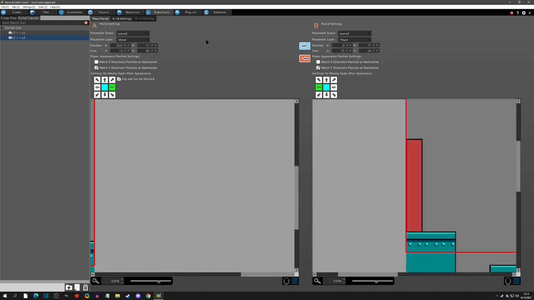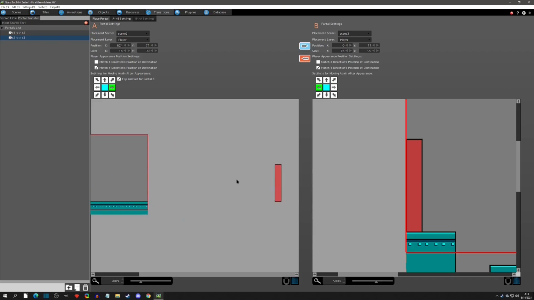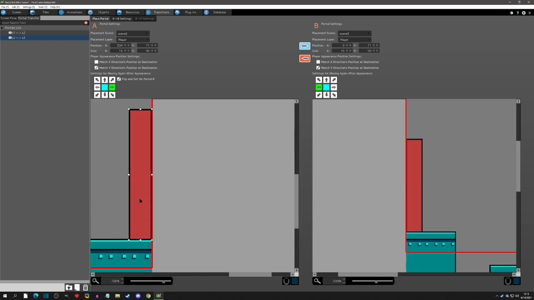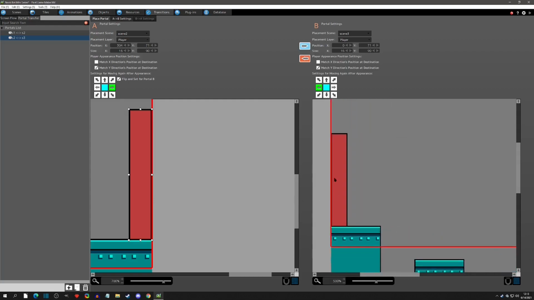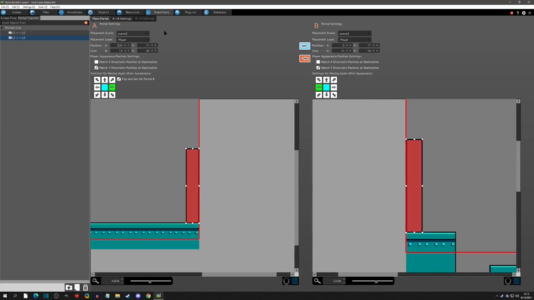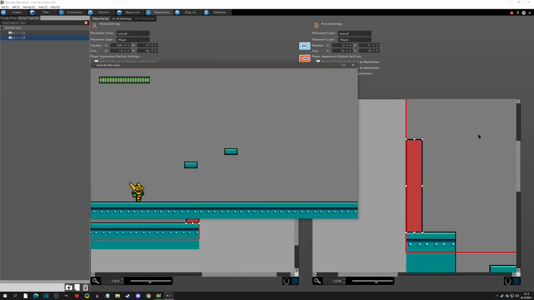We're going to make sure that we change the layers, because when you select a new scene, it just defaults the layer to the topmost layer. And everything else should be fine. The only thing that we got to do is just place the portals a little differently. All right, so this looks good, and that looks good. That looks about like where we want it. The settings are the same, so we could literally just test this, and we can start to see. So we'll do the first one right here, and then we'll go through the next one, and we'll start to